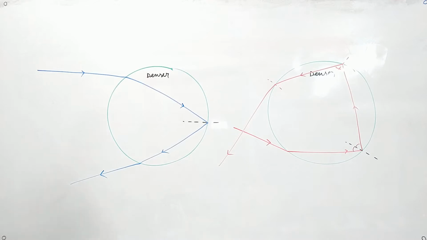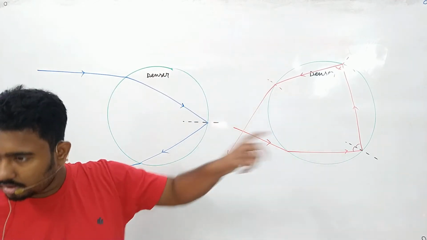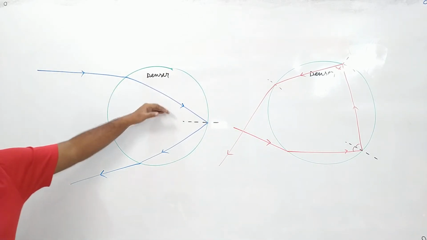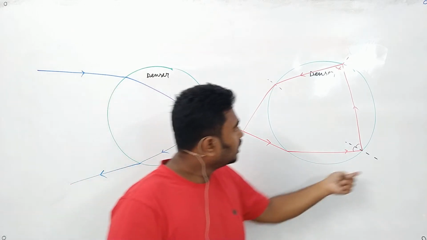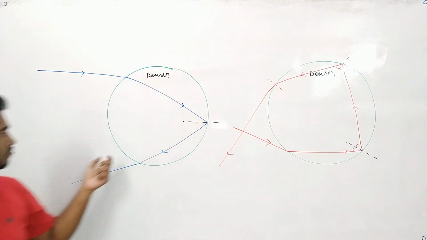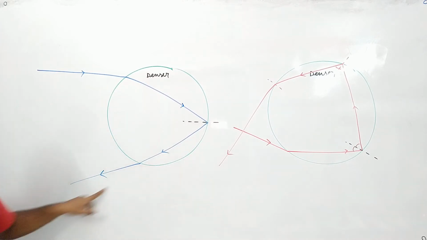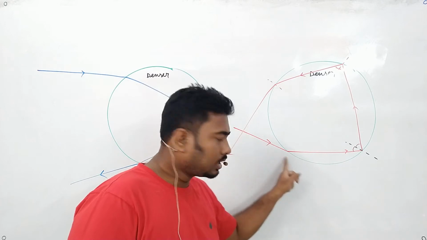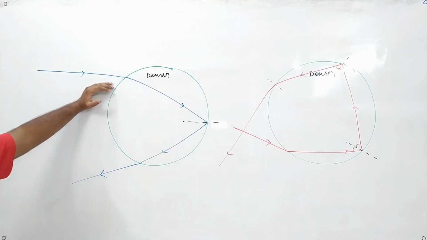So there are two possibilities for a water droplet. First possibility, if the light enters from the top, it will go out from the bottom like this. If the light enters from the bottom, it will go like this and go to the bottom portion. So in both of the cases they are going to the bottom portion, but this one is happening when the light is entering through the lower part, and this one is happening when the light is entering through the top part.